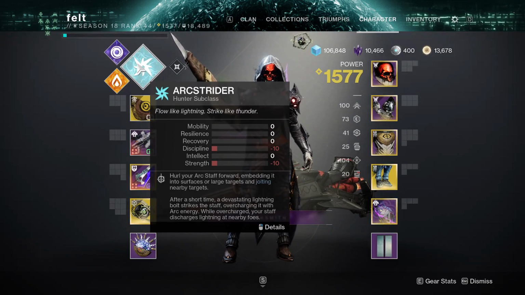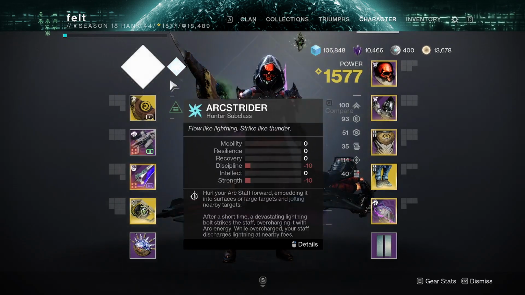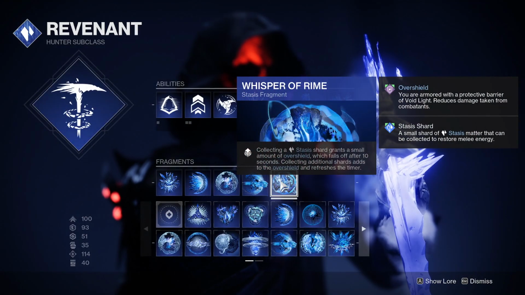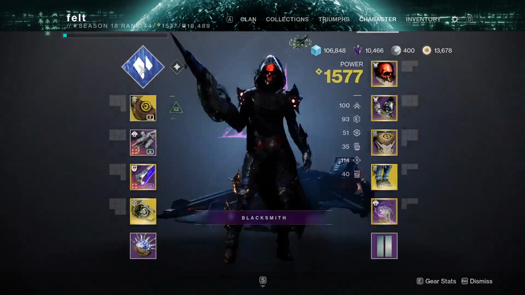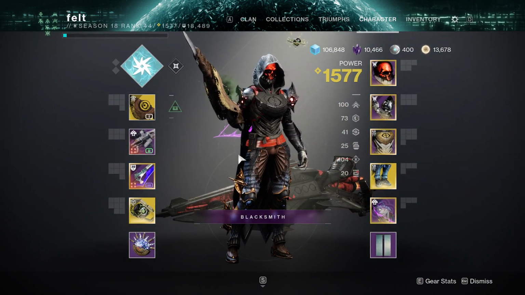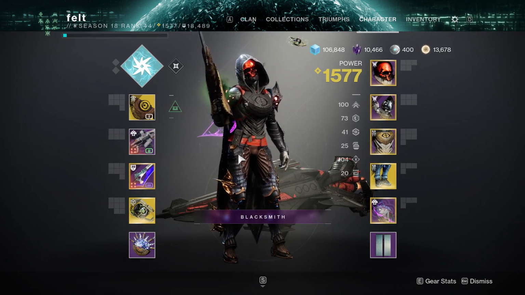Arc, I don't really know. Stasis, probably want to be using Whisper of Rime the way that I do in my Stasis survivability build. But yeah, the gun's fine, the gun's cool, it's a great backup the way that Outbreak Prime is, but however,